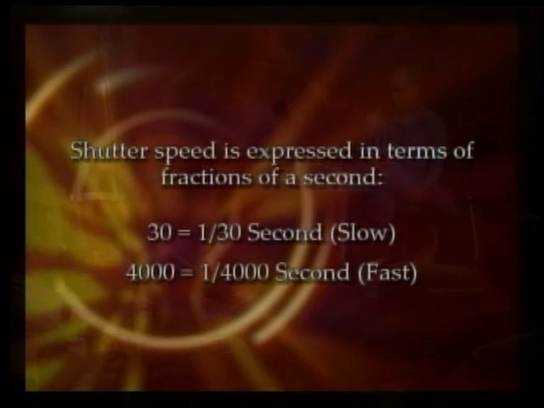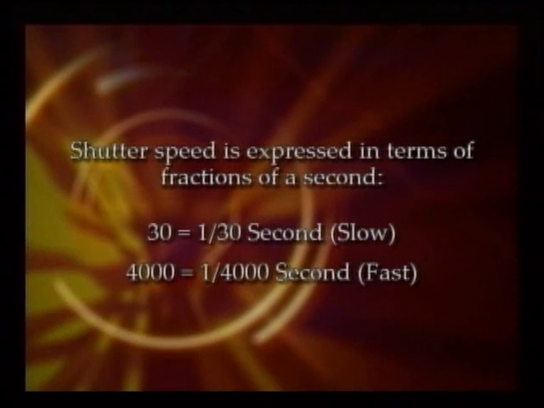Okay, so we're going to move on to shutter speed. We got aperture, which is how much light comes through the lens, and then we'll move on to the shutter speed. And I showed you the shutter in the camera, and the shutter speed is referring to how long that shutter stays open in order to expose the film or the digital sensor. And it's referred to in fractions of a second. So if your camera says 30, that actually means it's going to be open for 1/30th of a second. And that would be a slow exposure, and that would be one that would be likely to blur if you're hand holding it.